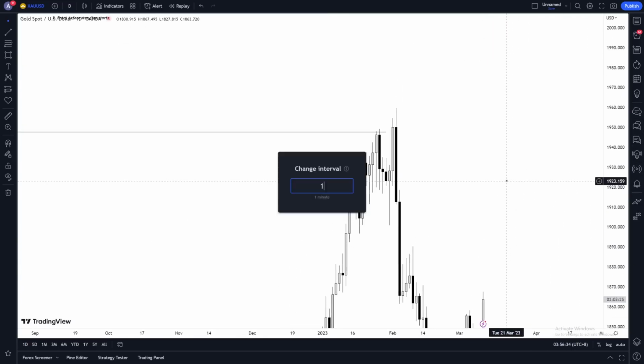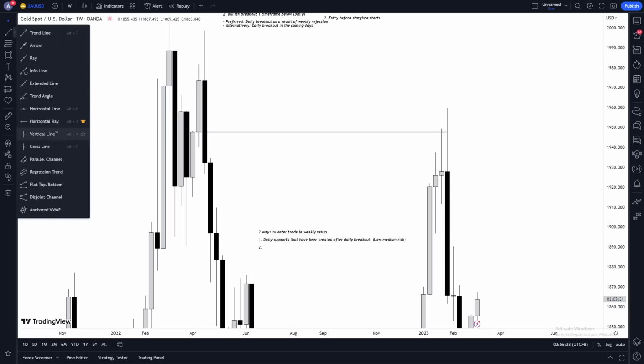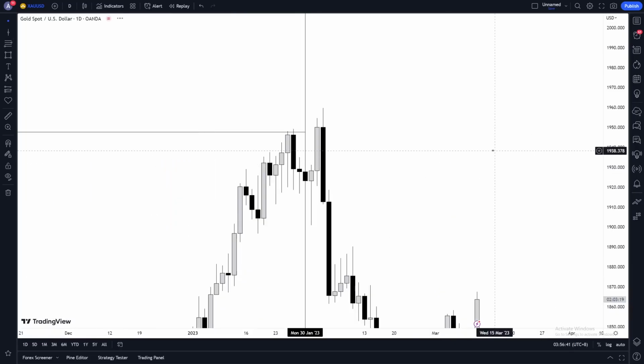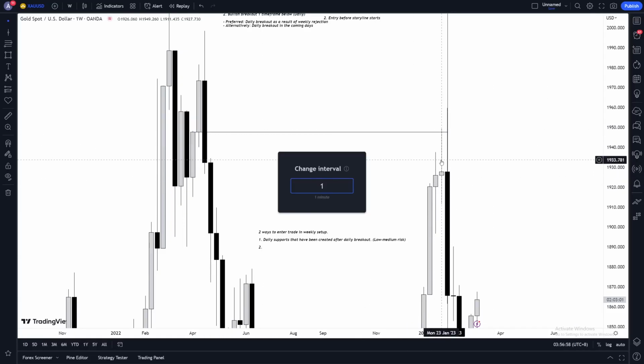Okay, brilliant example. All right, so if we were to look at this, oh no, I don't think this is a valid example still. No, it's not. Oh no, it is. Okay, cool. Okay, so look, weekly reject weekly, right? This line delineates when the new week starts. So we ignore everything on this line and forward, okay? Only look at the candles before this line. Weekly reject weekly. Then what? We go to daily, right?